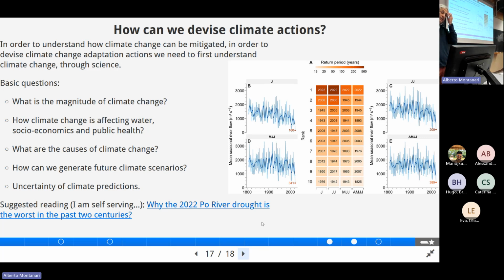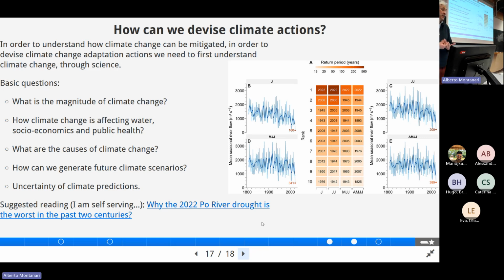Okay, and this is, I think, the final slide. This course last year was called Science of Climate Change and Climate Actions. Then they made a mistake when they replicated the title for this year, and they forgot to say climate actions. But actually, we are also talking of climate actions, because of course, this is our first course. And why should we study science? For speculative knowledge, but for the case of climate change, we also need actions.